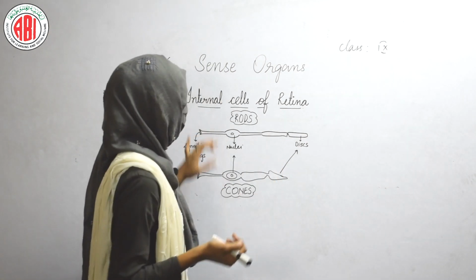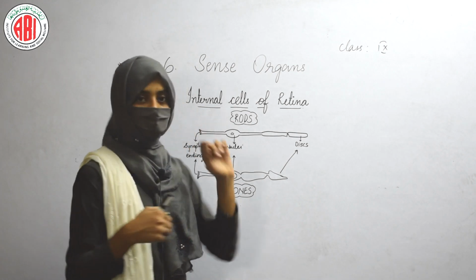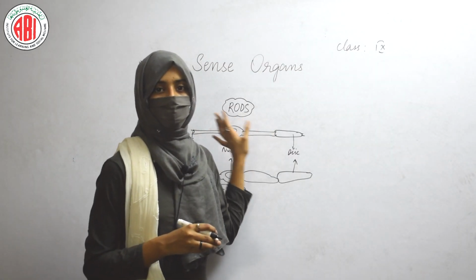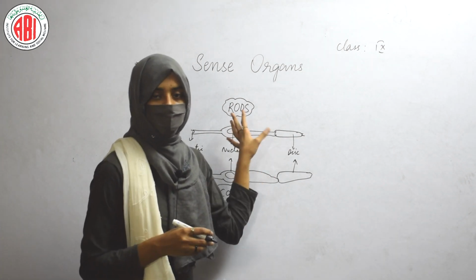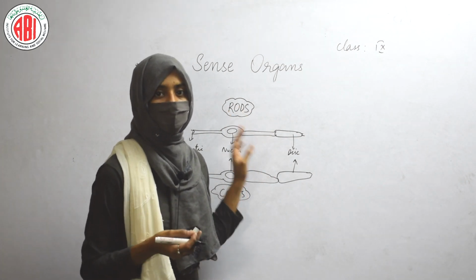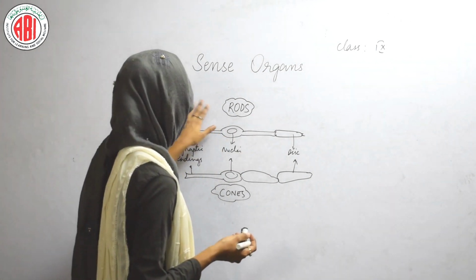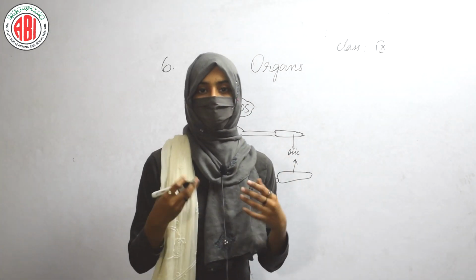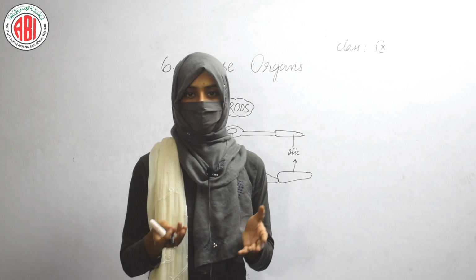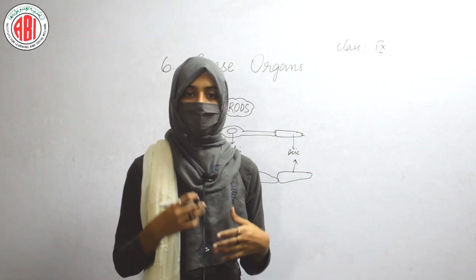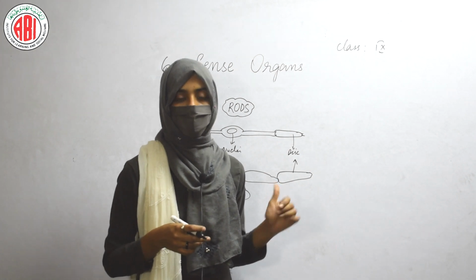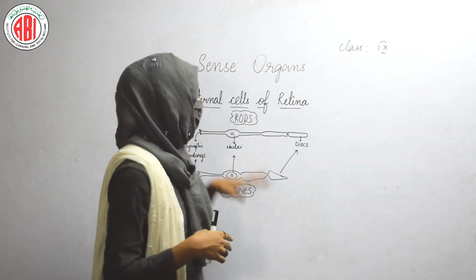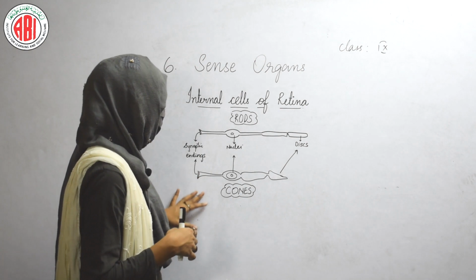Now, is the job of these cells the same? No. Rods are the cells that help us see objects during night time. In dim light or at night, we are able to see objects because of the cells called rods, and cones are the cells that show photosensitivity. That means they capture light during the daytime. In bright light, we are able to see objects because of the presence of cells called cones in our retina. Okay, so this is about rods and cones.